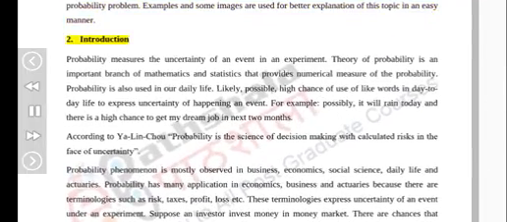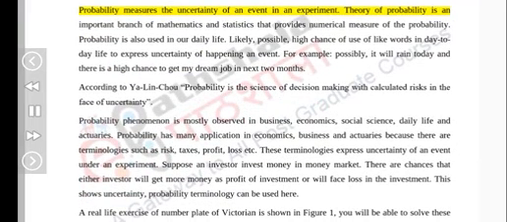Introduction. Probability measures the uncertainty of an event in an experiment. The theory of probability is an important branch of mathematics and statistics that provides a numerical measure of the probability. Probability is also used in our daily life. Words like likely, possible, and high chance are used in day-to-day life to express uncertainty of an event happening. For example, possibly it will rain today, and there is a high chance to get my dream job in the next